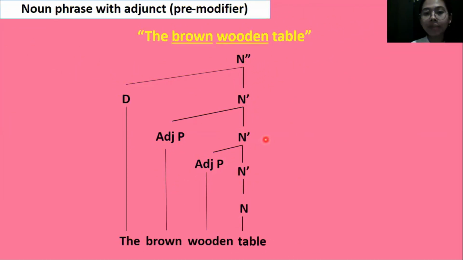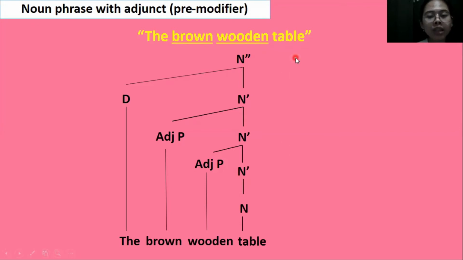The second example focuses on the noun phrase that consists of adjuncts. Have a look at the example, "the brown wooden table". This is a noun phrase in which the head is table, and the words brown and wooden are examples of adjuncts. So here there are two adjuncts. If we use the adjunct rule to make the tree diagram of this phrase,